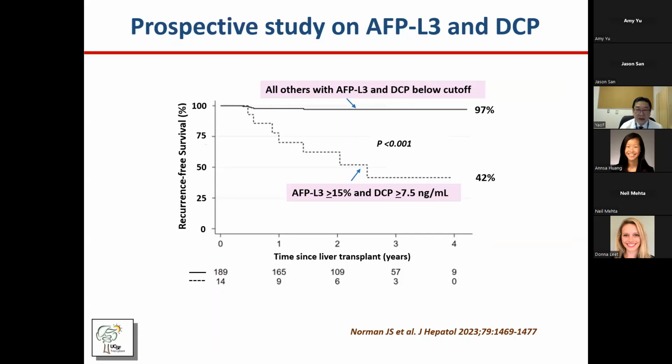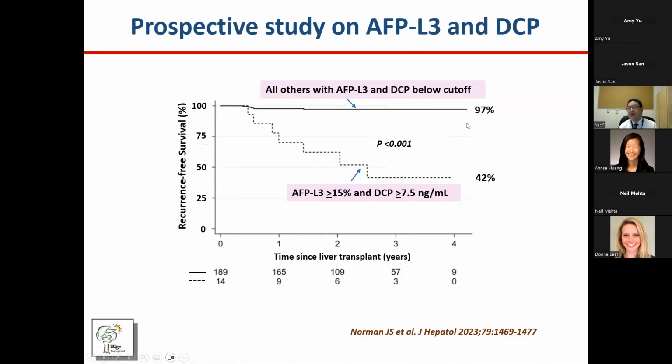So this is a prospective study with support from Fujifilm at our center, looking at the influence of AFP-L3 and DCP on early post-transplant survival. This was recently published by Josh Norman with Neil Mehta. These are patients with tumors within Milan or downstaged to within Milan. Those with AFP-L3 at least 15% and DCP at least 7.5 had 3-year recurrence-free survival of only 42% versus 97% for